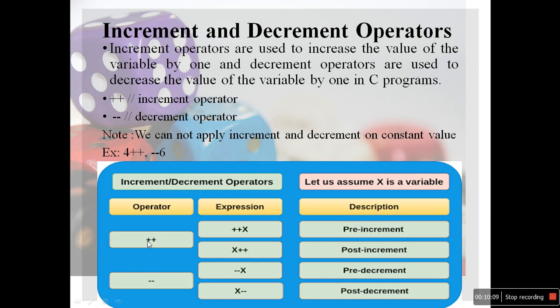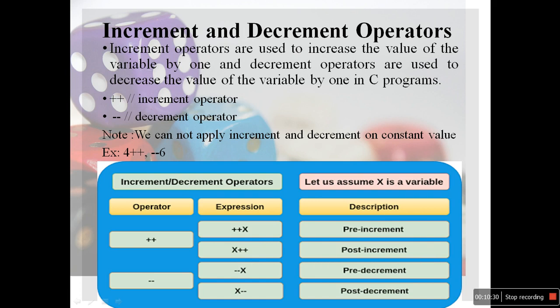So there are categories of increment and decrement operators. Okay, there are two types. Double plus means increment and double minus means decrement. There are a few more categories: ++x and x++. ++x means pre-increment, and x++ means post-increment.